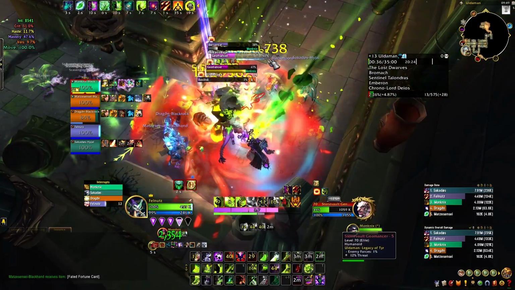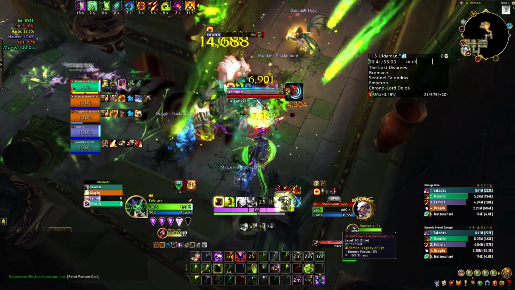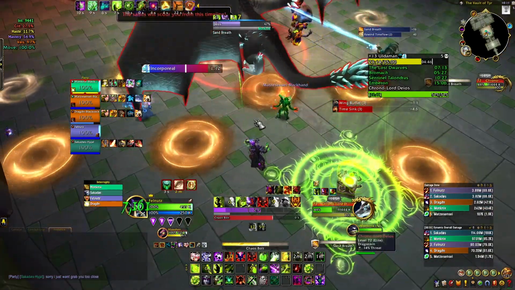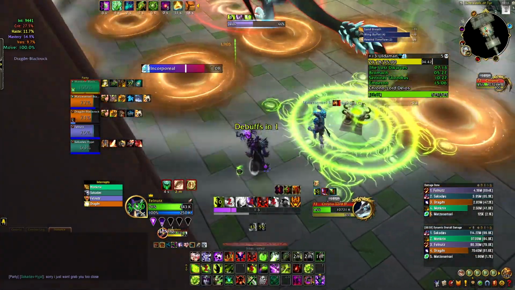Where Warlock differentiates a little bit from other classes that have 3-minute cooldowns is Avatar of Destruction, which is the one you see right here, where I summon an Infernal every 10 soul shards that I spend. And the thing about this, with Destruction Warlock specifically,